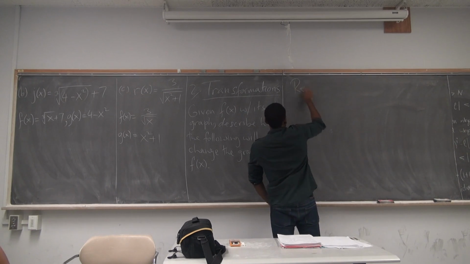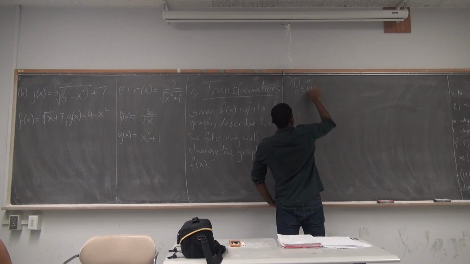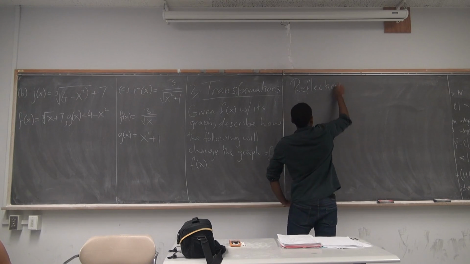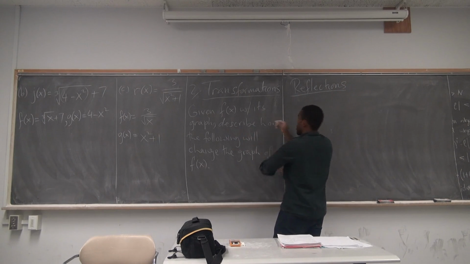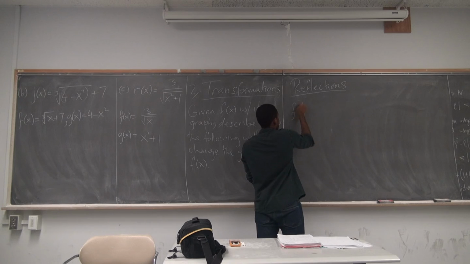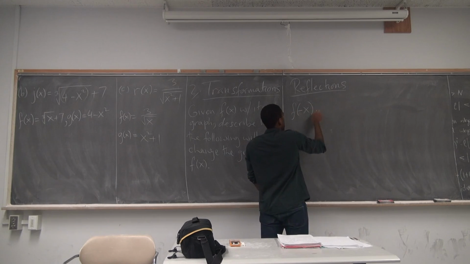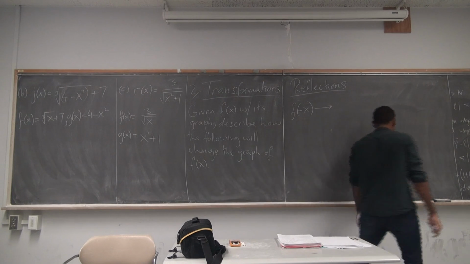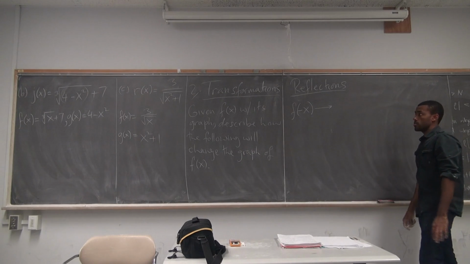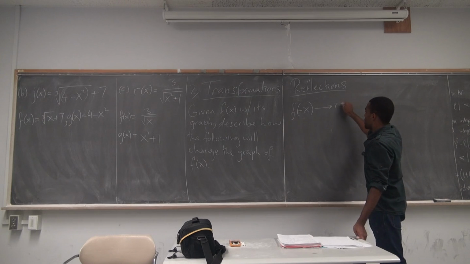So first we can talk about reflections. If I'm given the graph of f of x, now what if I ask you to tell me what f of minus x does? If I replace all x's with the negative in the function, what would happen? Negative the x. Reflect in